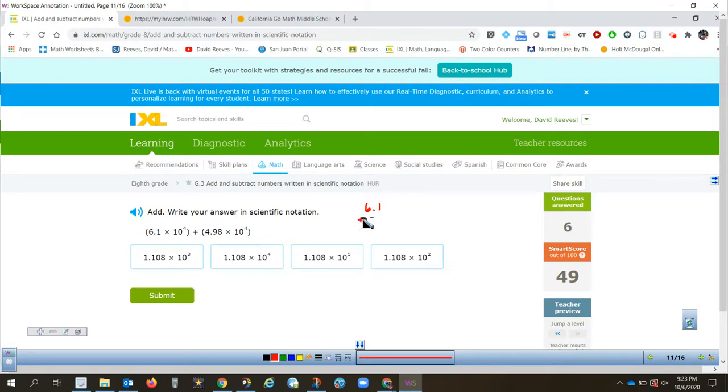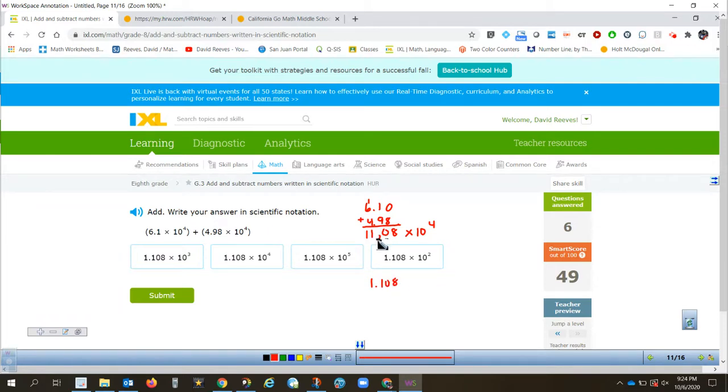6.1 plus 4.980. Here we go. 8 plus 0 is 8. 1 plus 9 is 10. Carry the 1. 6 plus 4 is 10. I get 11.08 times 10 to the what power? 4th power. Is this number in scientific notation? No, it's not. It must be greater than or equal to 1 and less than 10. So I'm going to change it to